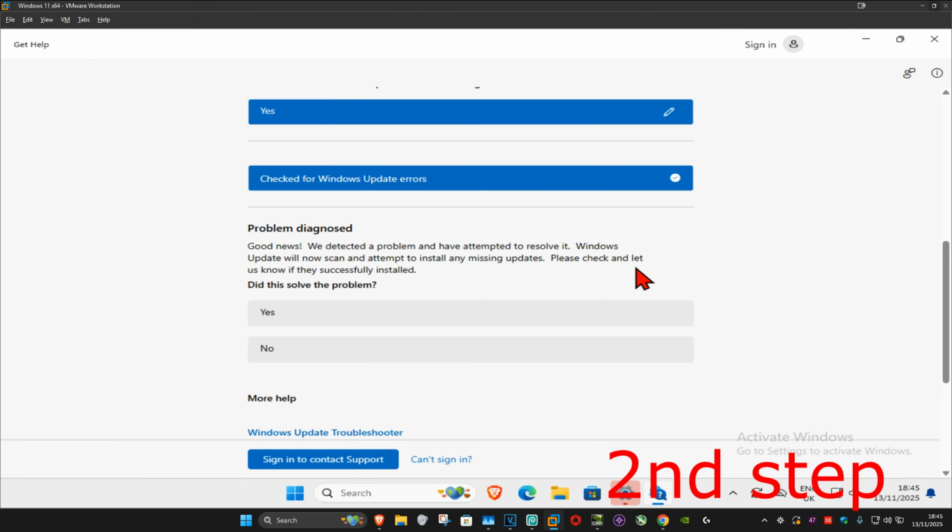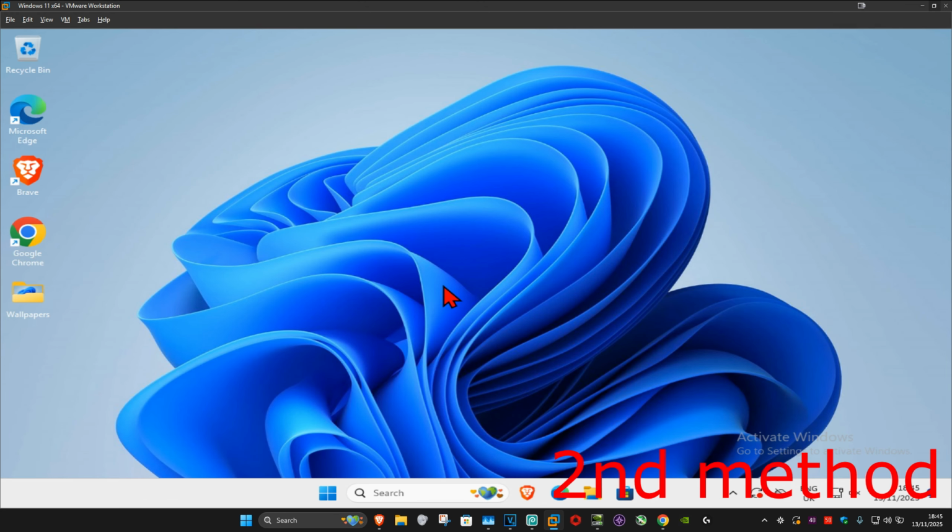Wait for this to load. And now once this comes up, if it detects anything, it will try to fix it for you. See if that works. If that's still not working, then for the second method, you want to go to search